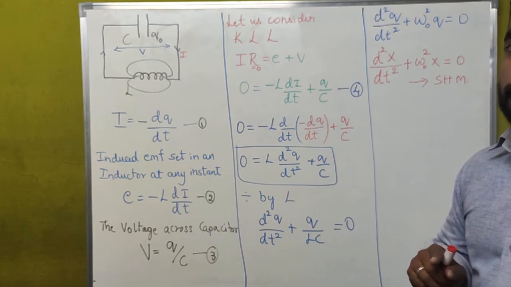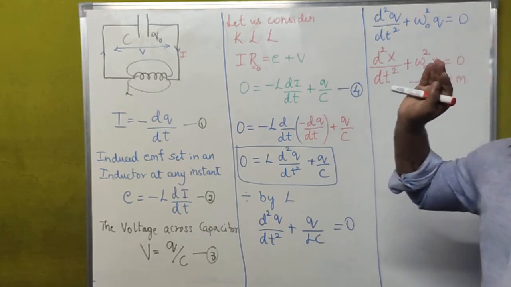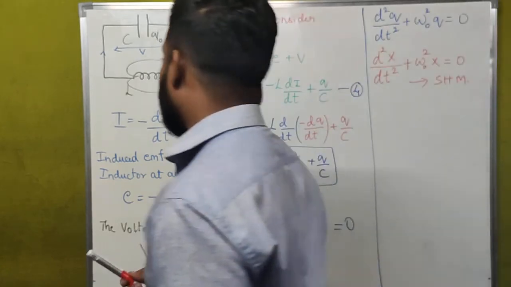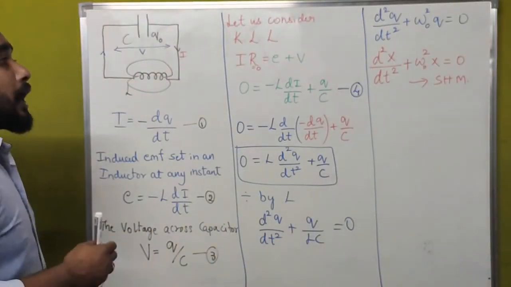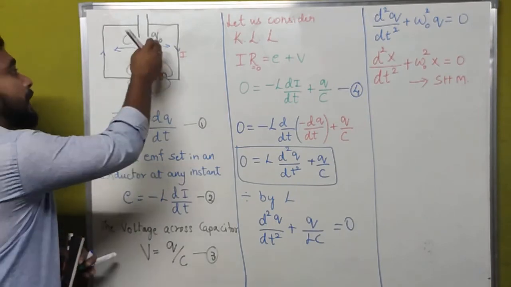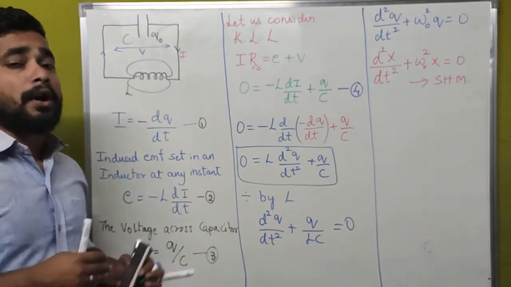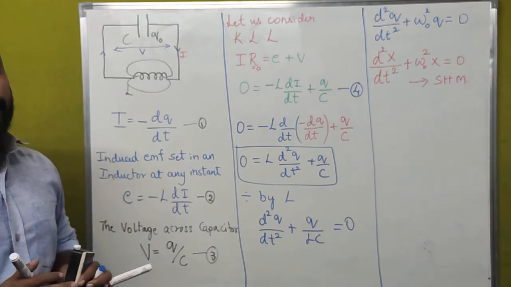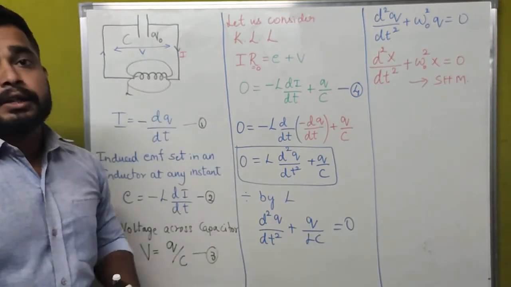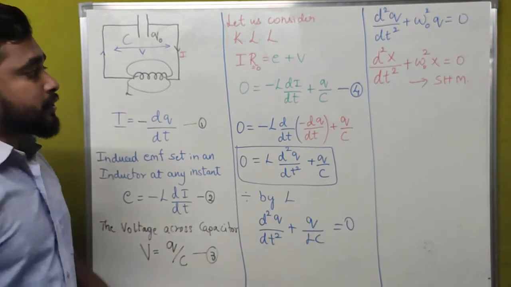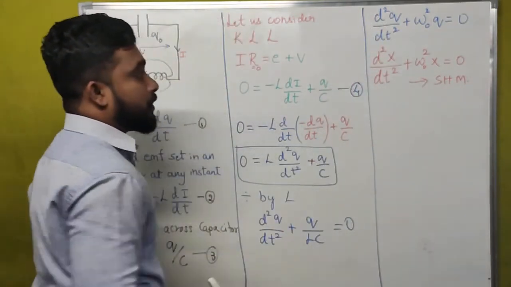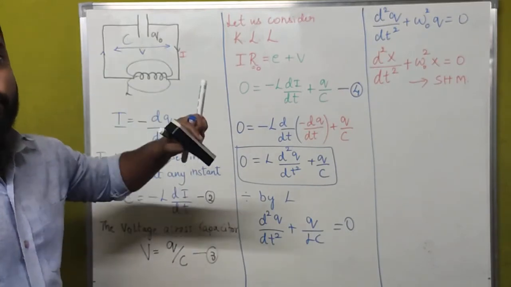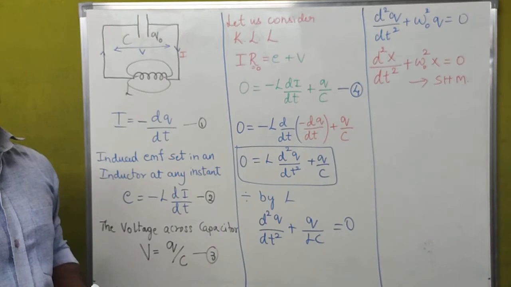This is the midway of our derivation. What we have to do here is show that both current and discharge are in simple harmonic motion, or that those two are oscillatory to each other. For that, we have to consider another part of this. Once we got this, that the current and discharge are oscillatory, we have to show how they are oscillatory.